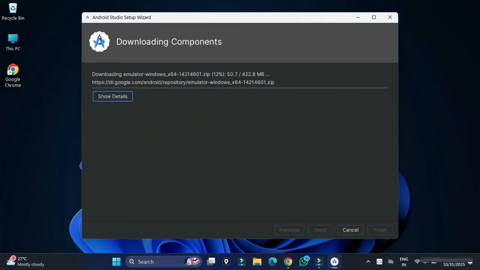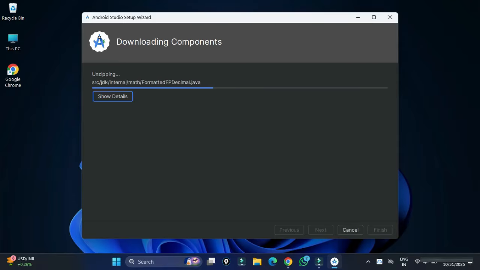So now it is downloading what? My virtual devices. So hence I'm saying you need a strong connection. We require installation of three things: Android Studio installation, then installation of virtual devices, and installation of SDK. Okay, right, so it will take a while, so please wait. It takes I think around half an hour for completing all the installation. If your internet is good, it could be faster. Before half an hour also it could be completed.